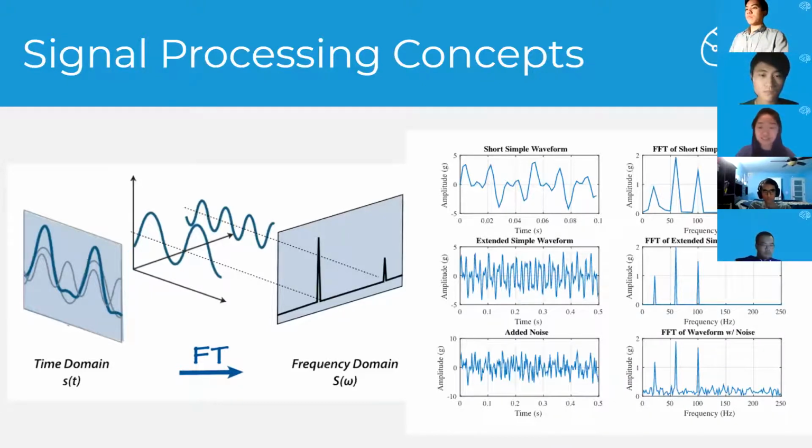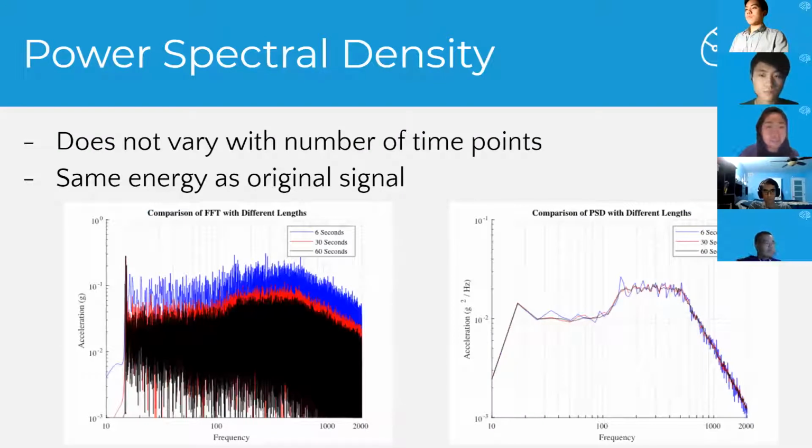Okay, so next slide. All right, so power spectral density is a special form of FFT, or a changed form of it. And this one is better than FFT because it does not vary with the number of time points, because you can imagine that if you have a longer time signal versus a short one. So in this competition, you'll be working with 4-second long signals,